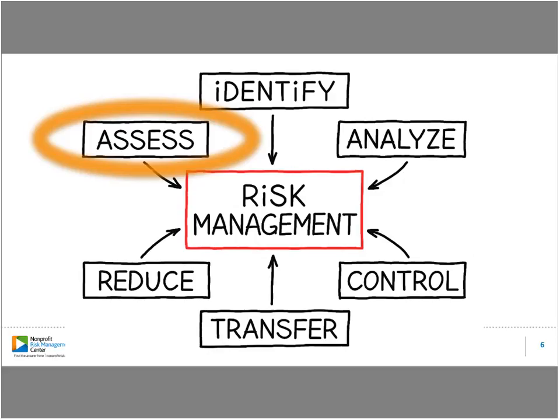So that's the top half of this picture here. The bottom half is what I'm going to talk about a little more in depth today. This is what happens after you've gone through and found all these risks. Now what do you do? You have a bunch of different options. A few of them are listed here on the bottom half of the screen. And there are others, and we're going to talk about this a little more in depth in a little while.